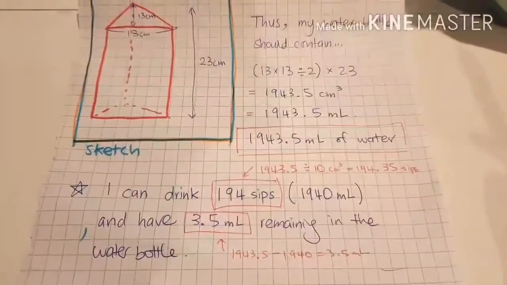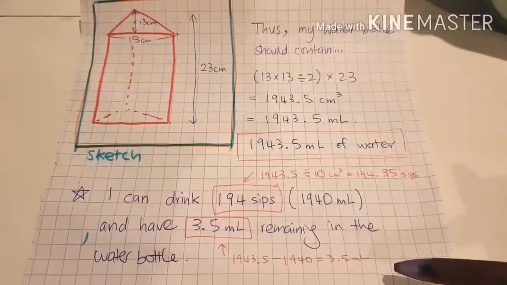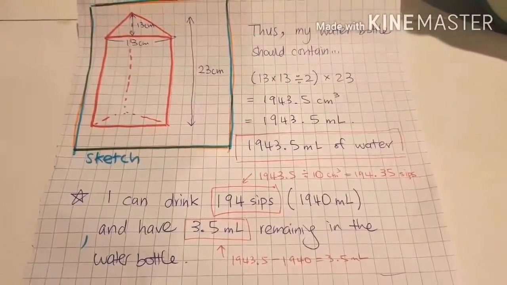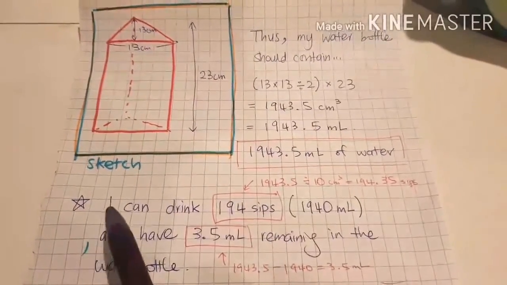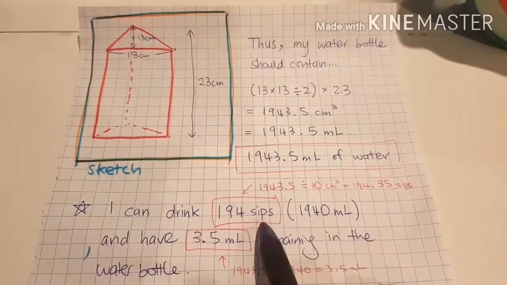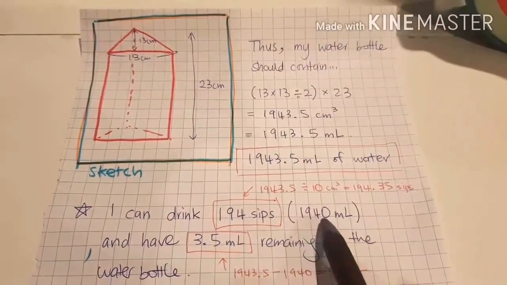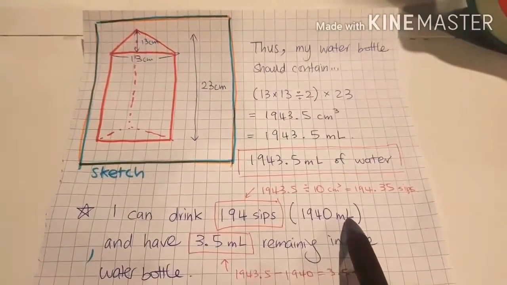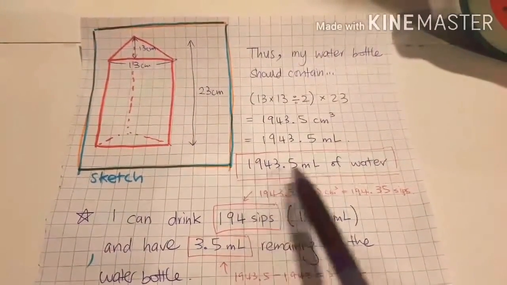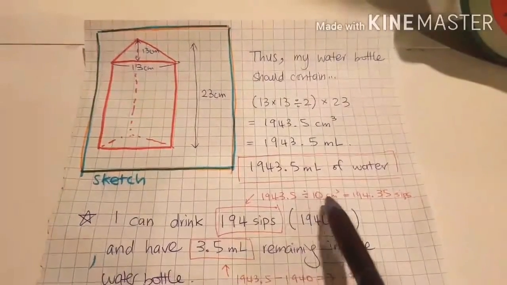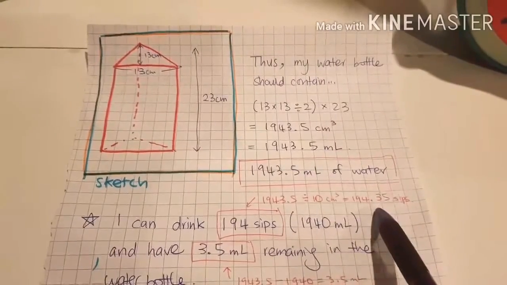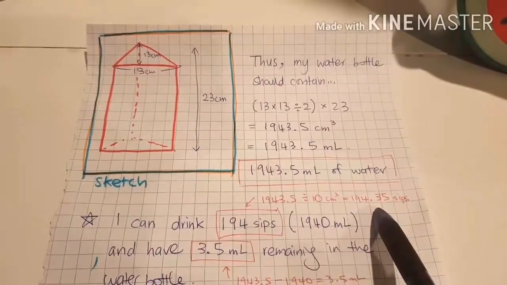Right, final one. In order to get excellence, you have to explain how many sips you can take and how much is remaining in the water bottle. So I can drink 194 sips in total, and I'll be drinking 1940 mils of water. How did I get that value? From the total volume. Each sip takes about 10 cubic centimeters, so if I divide it, I can take 194.35 sips, but